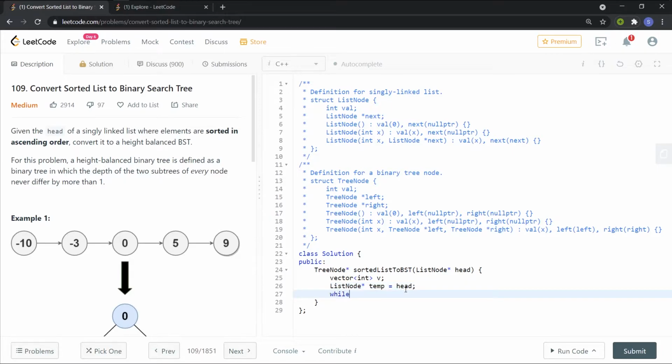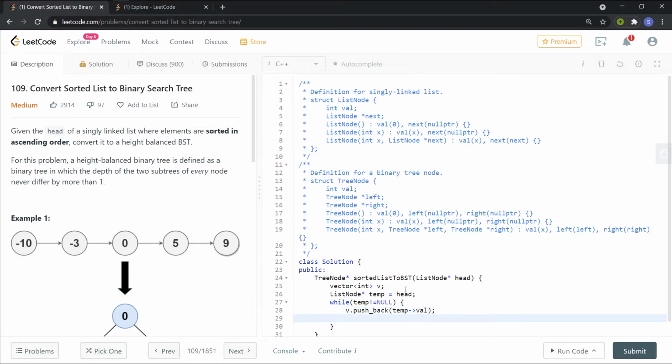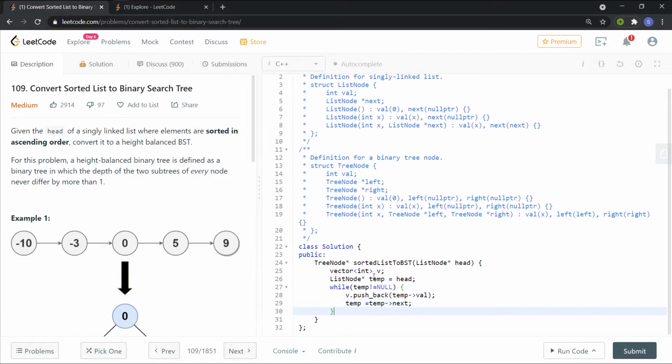And while temp is not equal to null, I'll be iterating and pushing those values into the vector. And also don't forget to update this temp, or else you will be trapped in an infinite loop. So now we are done. We have the required vector.